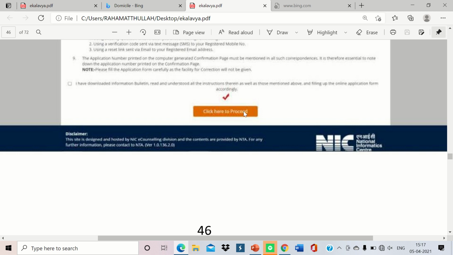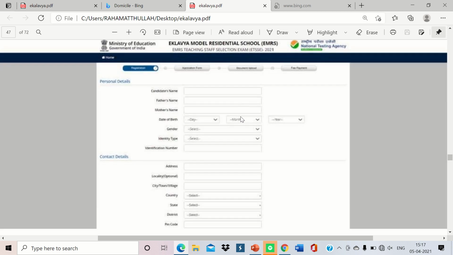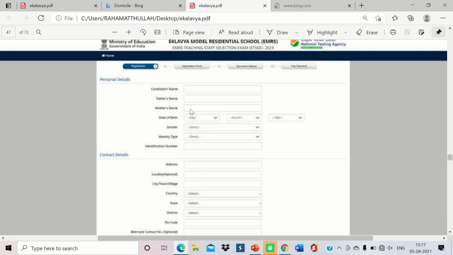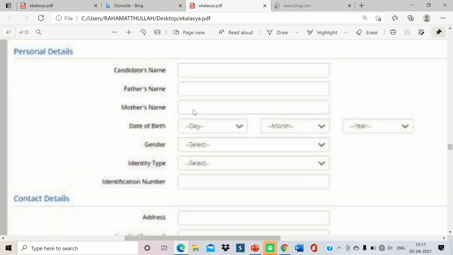If you are applying on your mobile, then go to your browser settings and select desktop version. Then the desktop version appears like this. Sometimes the mobile site can't show the options that are comfortable for you to navigate the site. After clicking on this radio button, just click on Click here to proceed. After proceeding, the site opens like this, and the application starts to fill up.